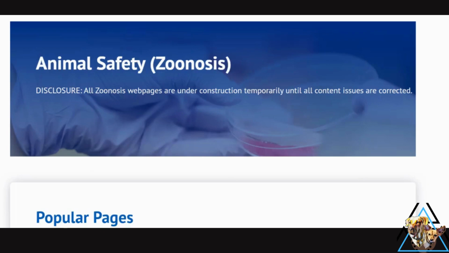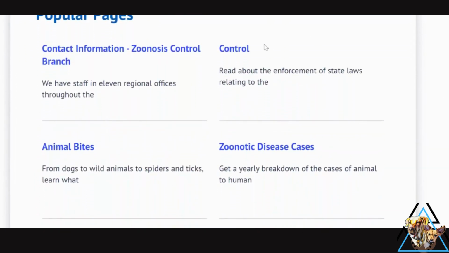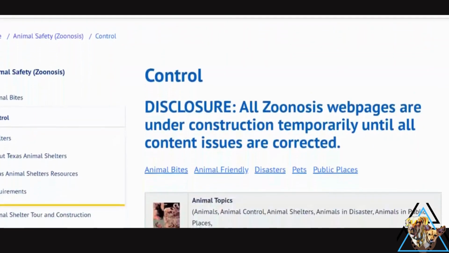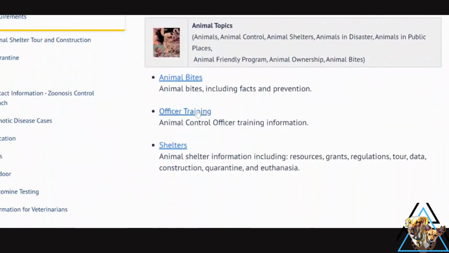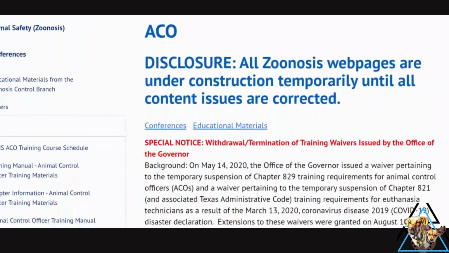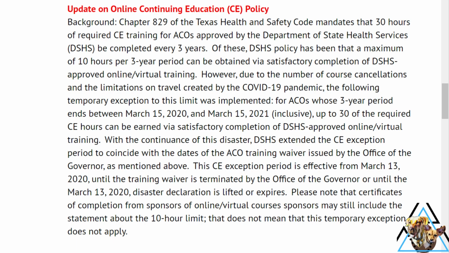And go back to the officer training. See, here's your mandated training that is required. So you complete a basic animal control course under this chapter, not later than the first anniversary date that the person assumes the animal control duties.